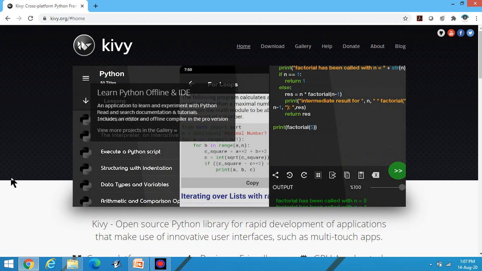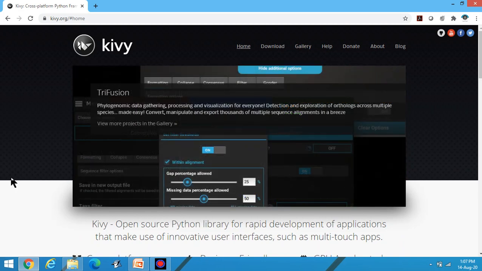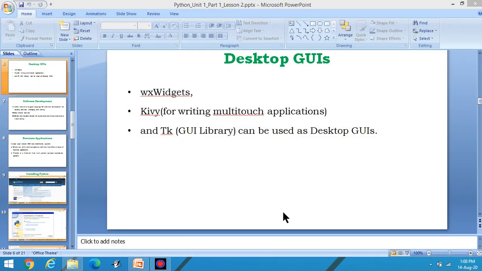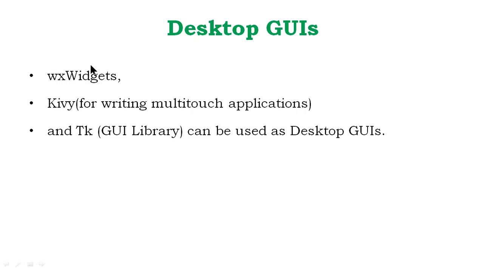You can go deep into the language, but basic knowledge of Python is required. After that, you can move into any of these areas for application purposes. Similarly, you can work on wxWidgets and Tk.